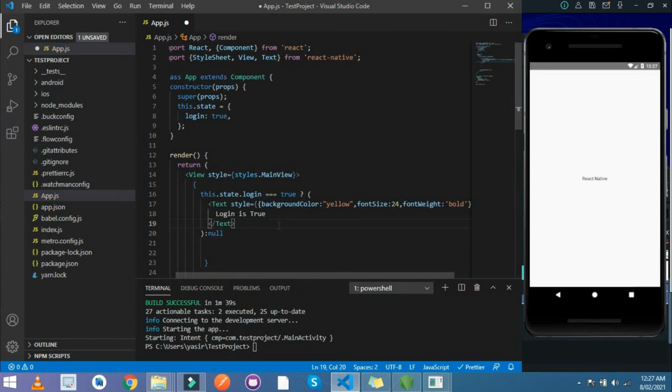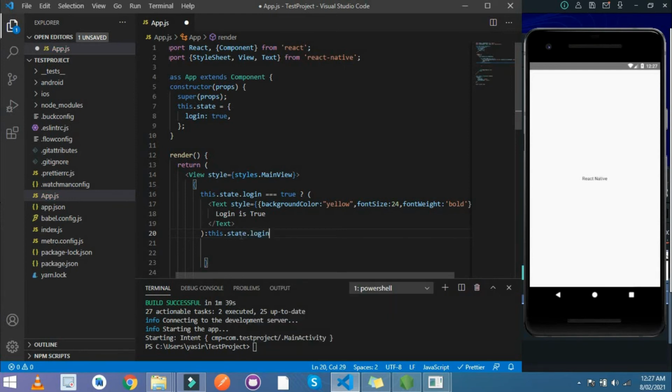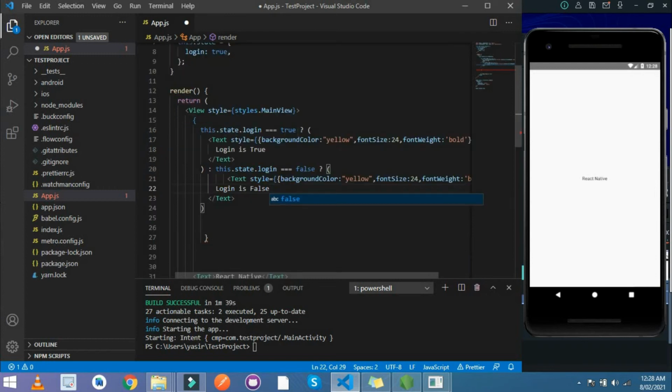But if you use another condition, then write condition here, and my next condition is this dot state dot login is equal to false. Then copy this and paste it here and write here false. And if both conditions would be not eligible, then no. That's it. Control save,